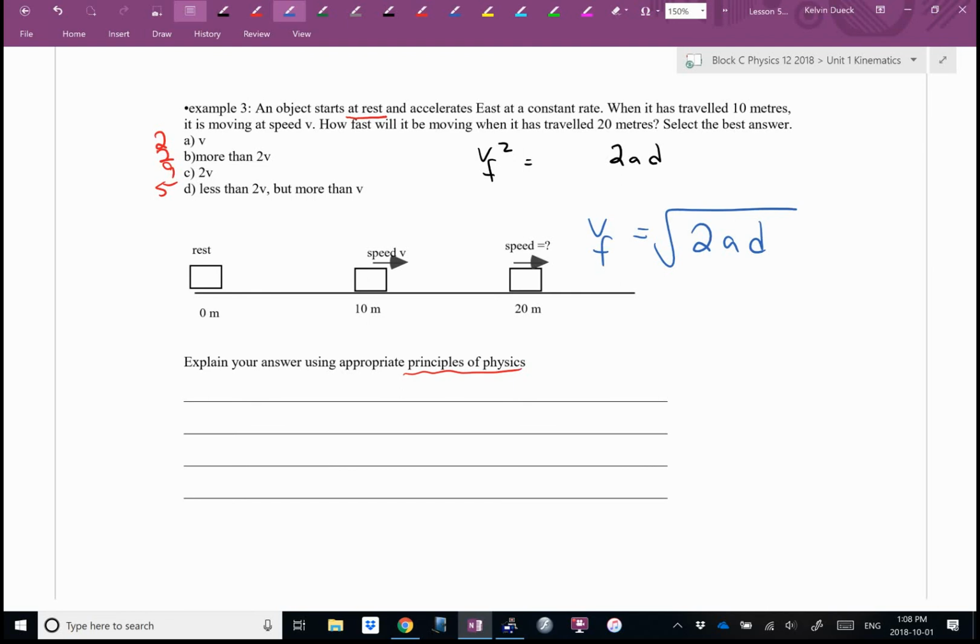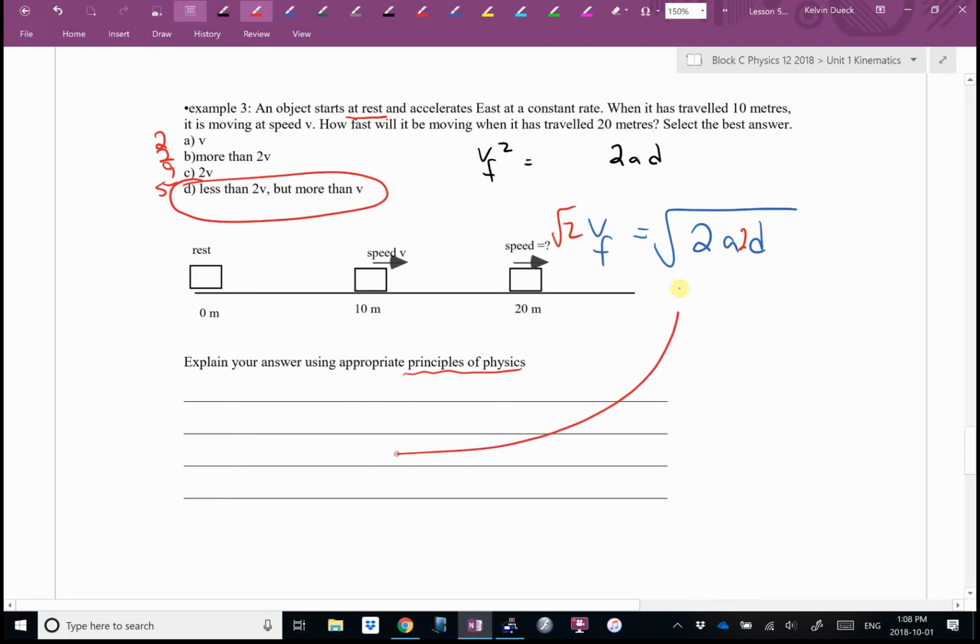Where is the letter d inside the equation? Suppose I double it, which is what we did going from 10 to 20. Suppose I double it by just tucking a 2 in front there. Where is that 2 inside the equation? If I want to keep this equation balanced, after 20 meters I'm not going to be going twice as fast. I'm going to be going root 2 as fast, which is faster, but not twice as fast. The correct answer is,